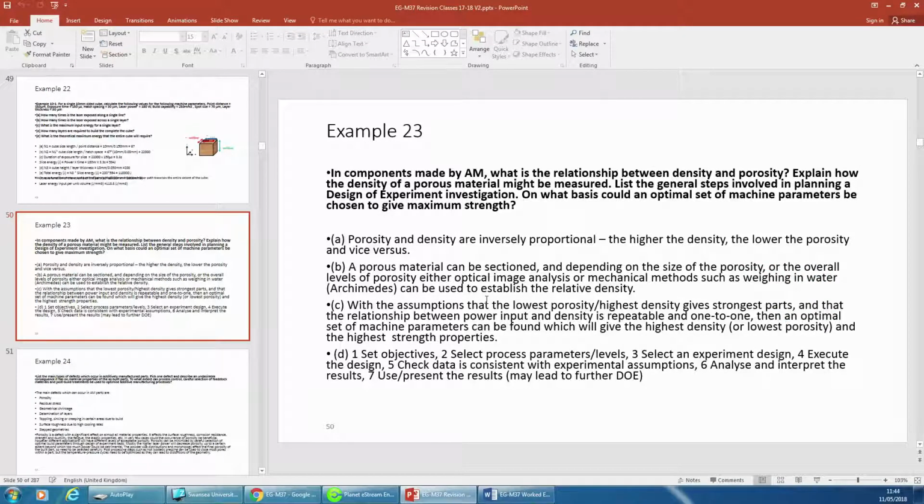So what's the relationship with density and porosity? Well, they're inversely proportional, so the higher the density, the lower the porosity, and so on. We can look at porosity, we can try to measure it using Archimedes, which is fine for porosities higher than 2-3%. But once you get porosities lower than 1%, it's actually quite difficult to try to differentiate using